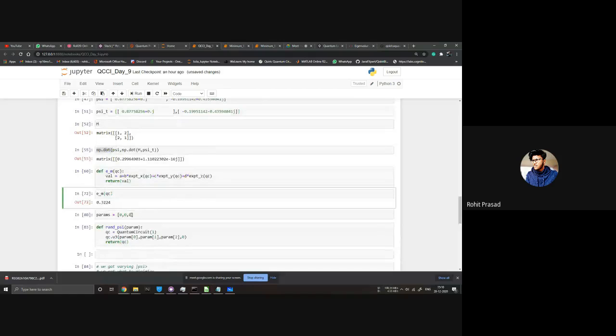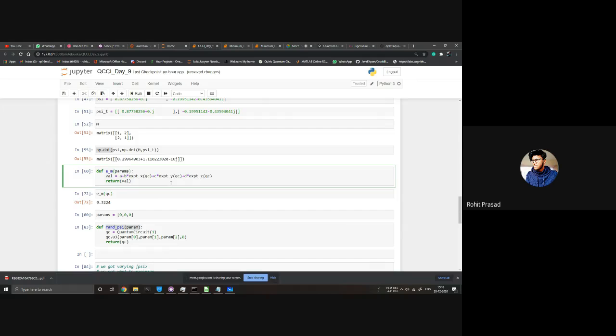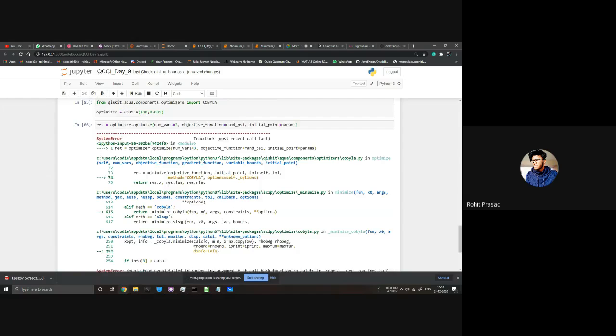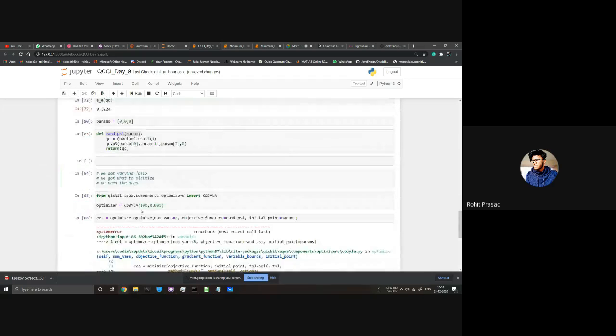This cost function. Where is the cost function? Okay, so we can't do it this way. We need to give it the parameters, and then we need to put this one in the place of the circuit. Let's make a new command for that. What this is saying is that we don't have a cost function really.